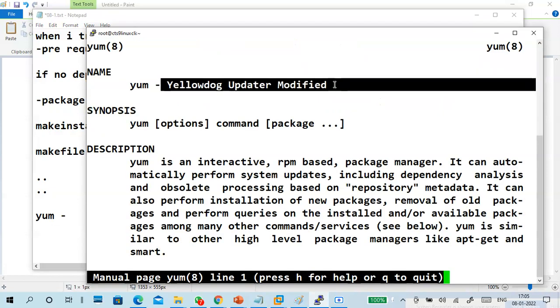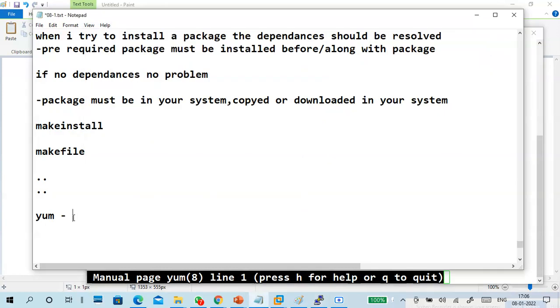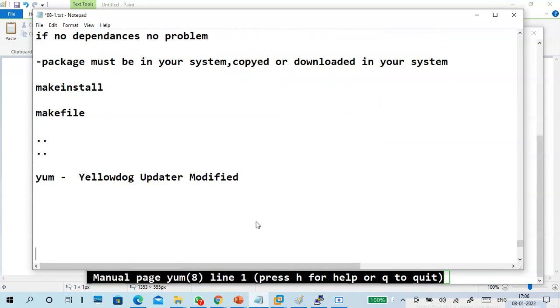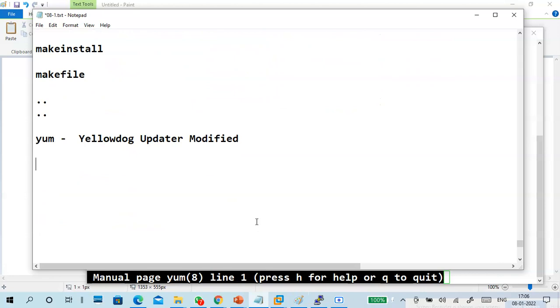So what is the package manager Yum? The abbreviation is Yellowdog Updater Modified. So what can we do with Yum? We can install the packages. You can remove the packages, means uninstall.